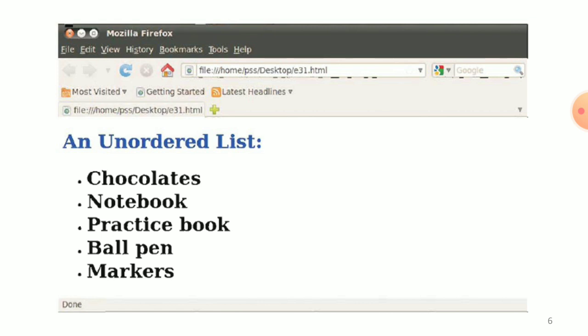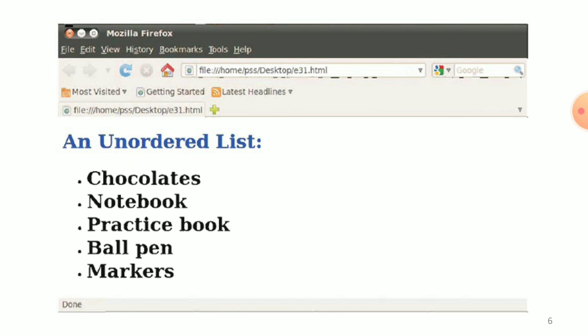By default the filled circle is used for UL, that means the bullet is a filled circle. And you can also change the UL type.